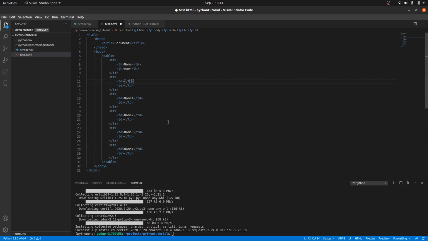And then what we'll do is we'll also just make this name 5, and we'll just put random ages in as well. 22, 17, 37, and 55. And we'll just save that test.html, and then we'll use this data set to do some